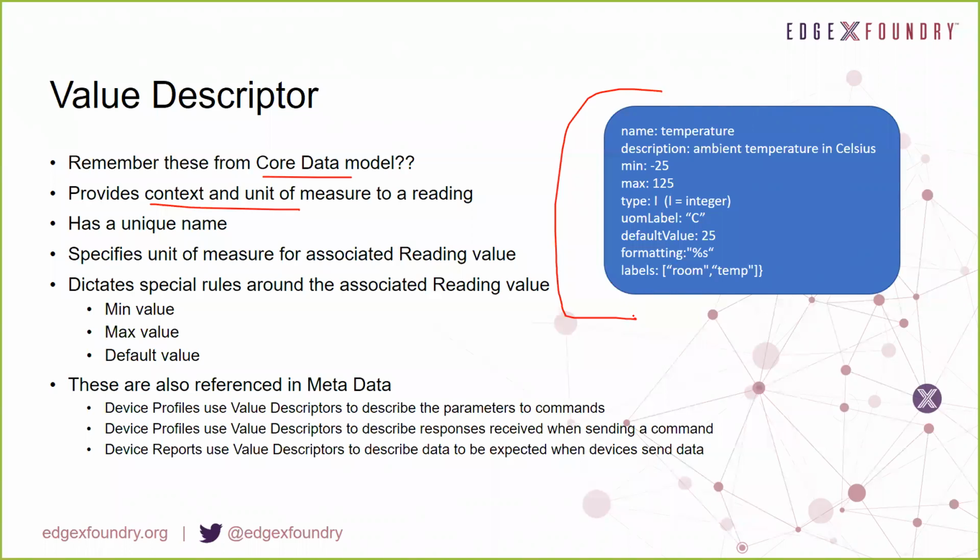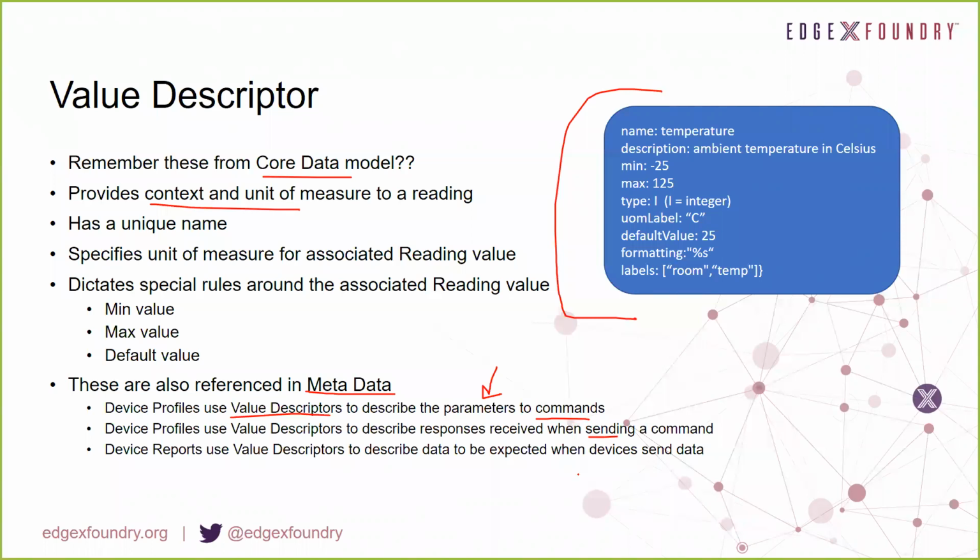Now, metadata uses these value descriptors that are stored in core data to help describe the parameters you send for a command. If you want to say, set the cooling point on a thermostat to a device, you need to know, well, what the heck does that mean? When I set a cooling point, what do I use to describe that cooling point? And that's where a value descriptor comes in. If you want to talk about the data being sent by, say, for example, a device, how does the data start to come up from that device after you've issued a command? Again, value descriptors will be used there to say that the device is going to send up to you what its current cooling point is. And again, a value descriptor can help describe that.